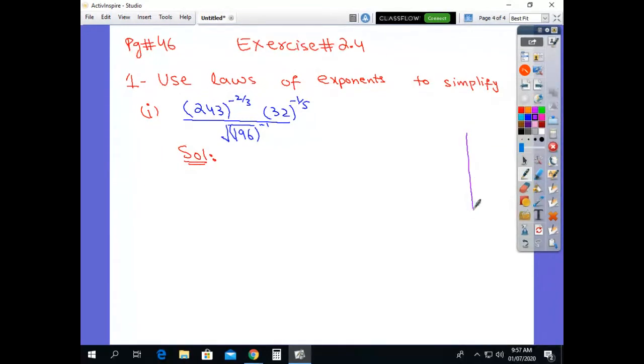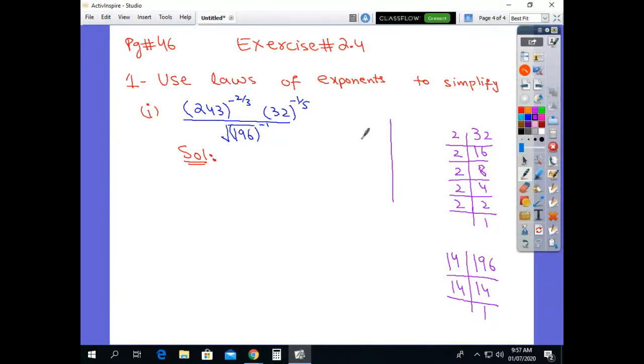Here we take the LCM of 32. If we divide 32 by 2, it becomes 16. Again we divide it by 2, it becomes 8. Again divide it by 2, it becomes 4. Again it becomes 2, and at last it becomes 1. Similarly, if we take the LCM of 196 with the help of a calculator, we see that if we multiply 14 by 14, it becomes 196. Or we take the long LCM method.